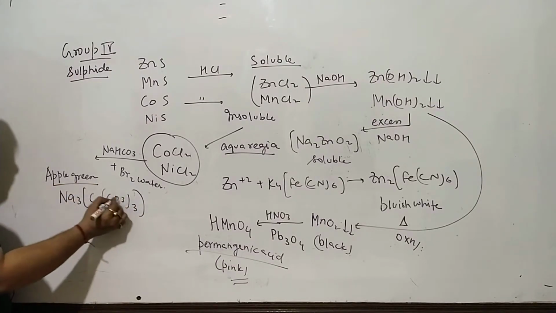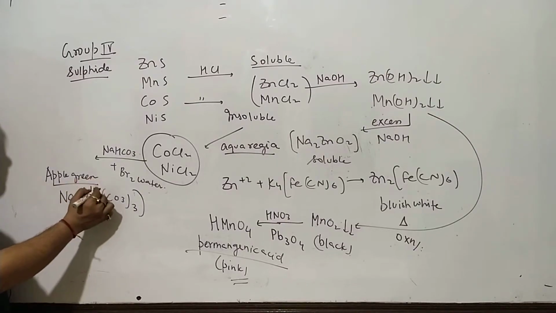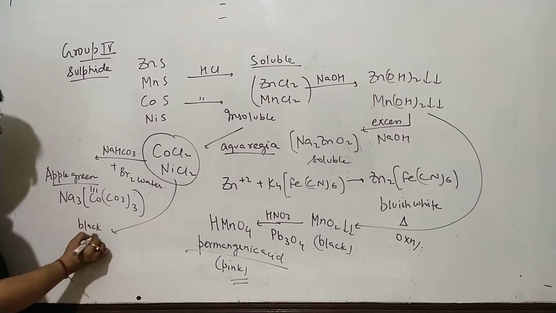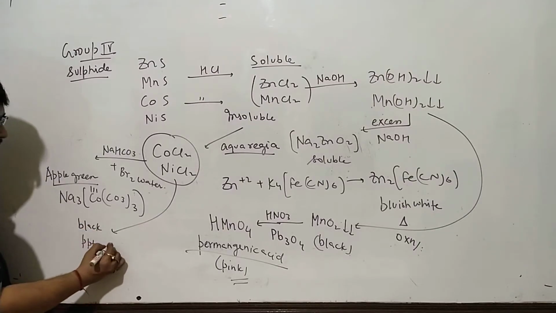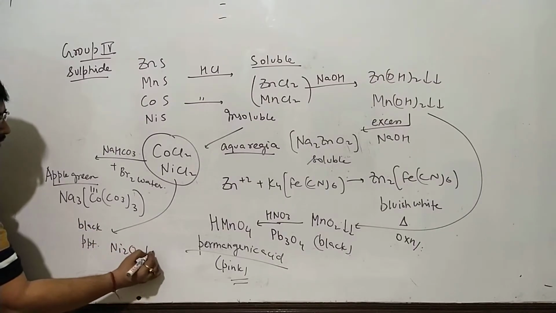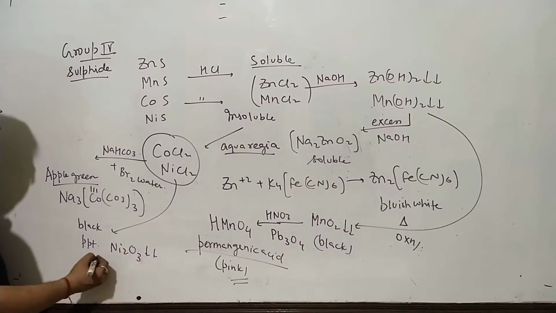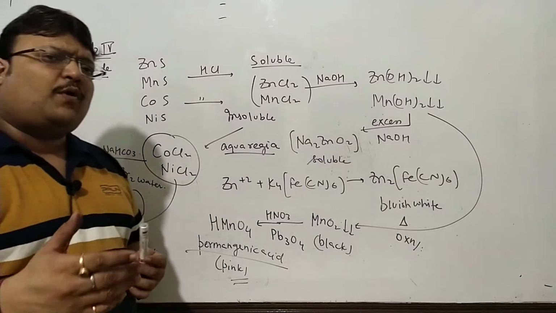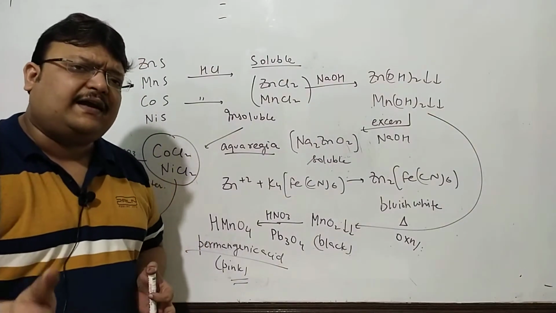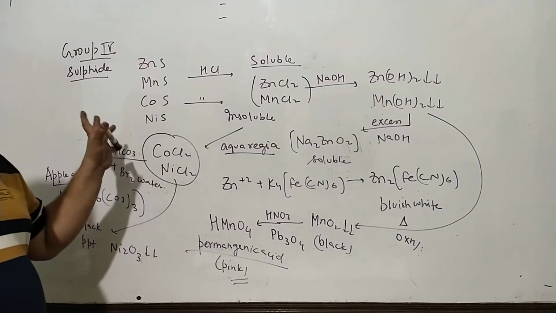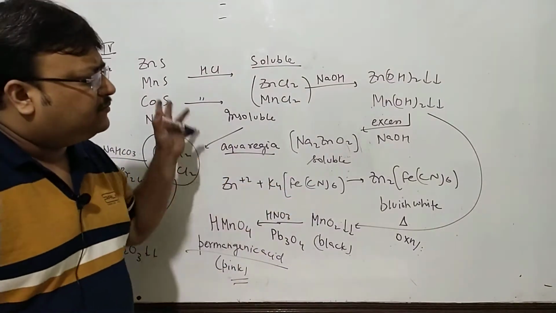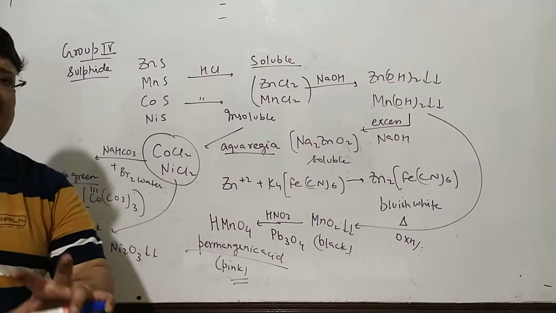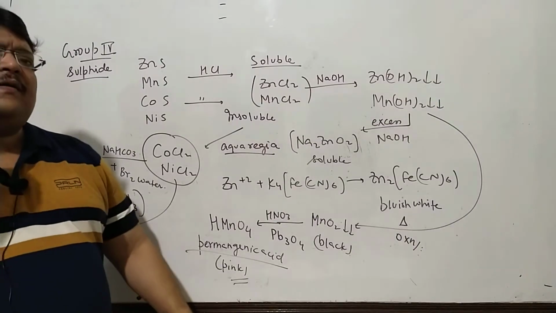Cobalti will help you in recalling the formulae, apple green solution, and if this is a black precipitate, it's Ni2O3. Naturally, this can be filtered out as well. The two can be separated as well. There are two very popular confirmatory tests of nickel and cobalt as well. I'll come to that once I remove this clutter, once I rub it off. I'll tell you about two more tests, individual tests for nickel and cobalt.